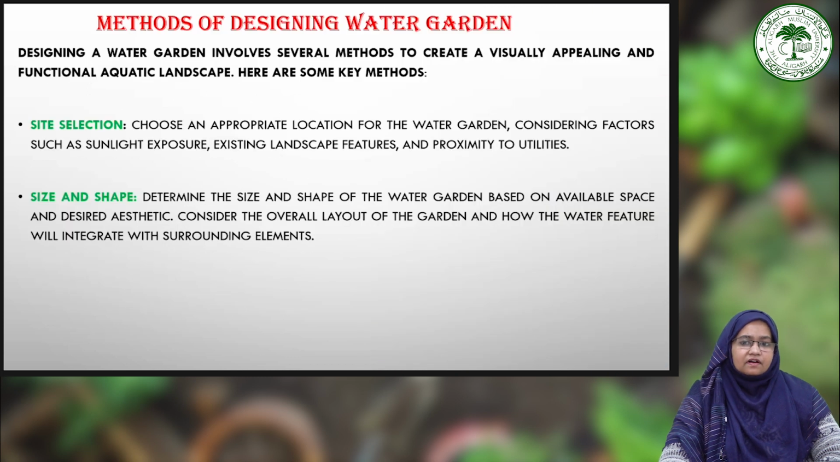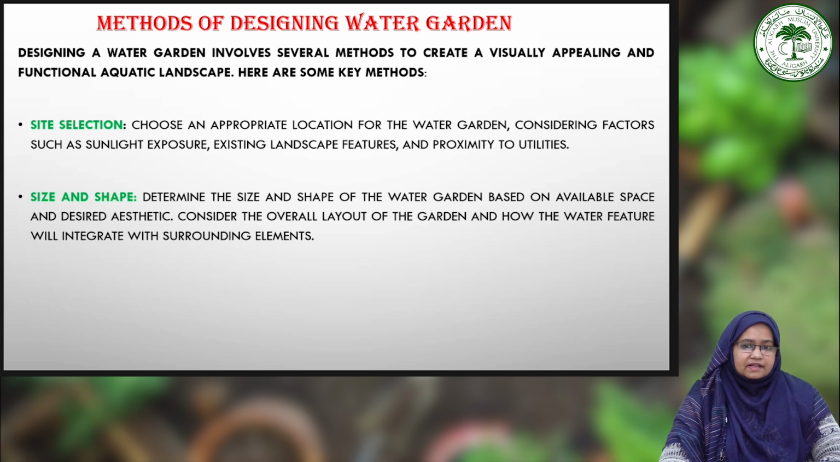So the designing of a water garden involves several methods to create a visually appealing and functional aquatic landscape. Here are the different steps in the creation of a water garden. The first step is site selection. Carefully choose the location for the water garden, considering factors such as sunlight, exposure, existing landscape features, and proximity to